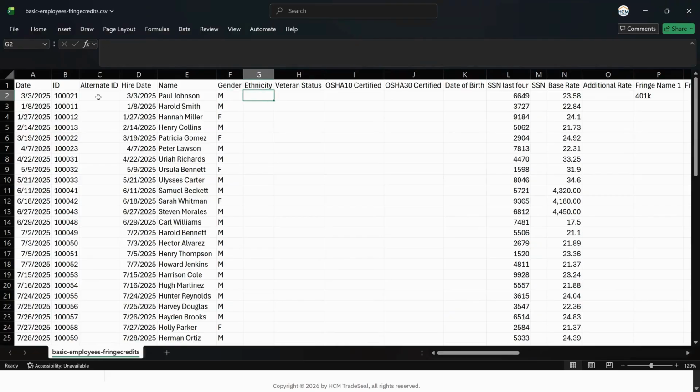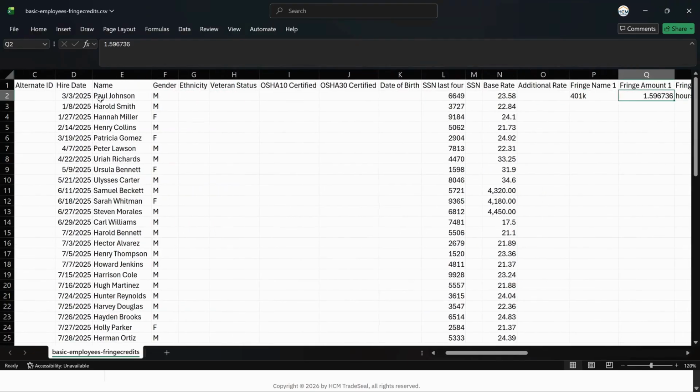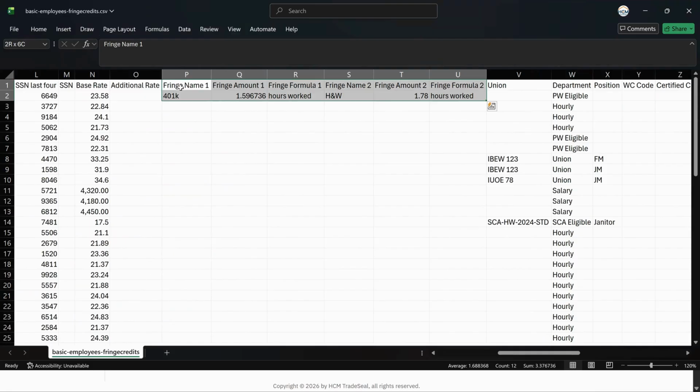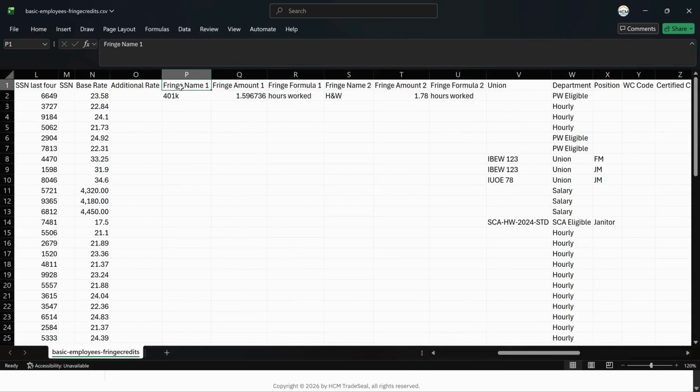I still have my basic employee information, but now there are some new columns. And you'll see a pattern because some employees have multiple employer paid benefits. It's going to depend on how you set up your benefit plans for employees, and you will most likely want to work with a labor attorney to advise you on how you can and cannot claim credit for these benefits,